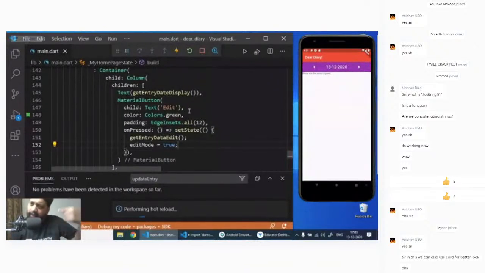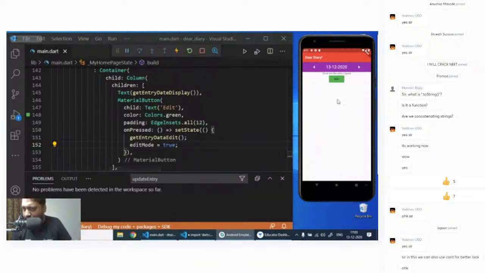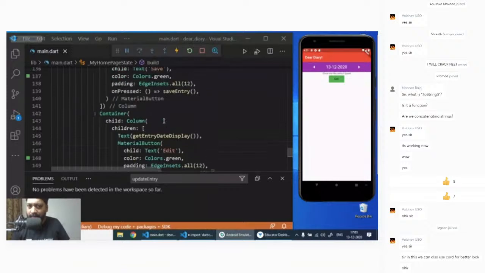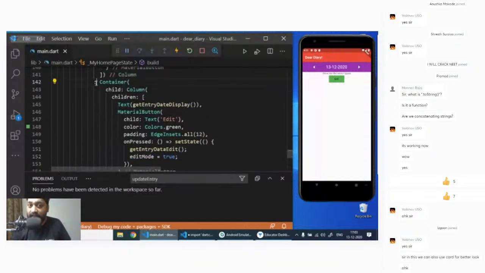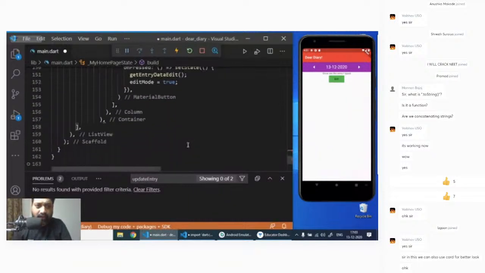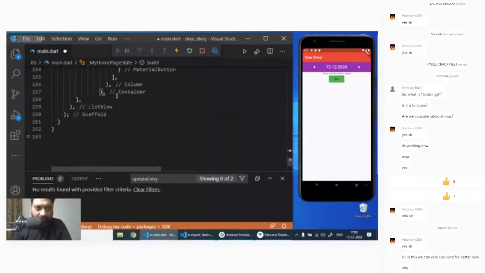This is a bit of a tricky situation because it's a little circular. After setting this edit mode is equal to true, this whole thing should disappear. So if I have edit, okay, I click on this, what will happen now is that something should happen. This should go away and I want a box to come up which says update. Okay. And I know that only when edit mode is true, I need to get rid of that. So within this conditional here, I need another condition. And that condition is if edit mode is equal to false, right? Then I want you to do all of this. However, if edit mode is actually equal to true, where is this one? The container ends here. If the edit mode is true, I want you to say,